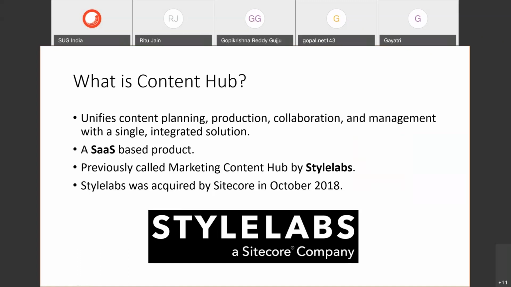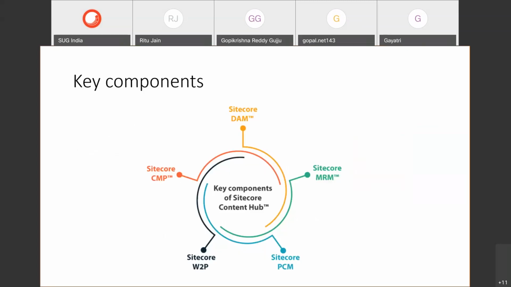And what are all the main components? The main components are five. The first is DAM, which is digital asset management. Whenever we talk about Content Hub, the first thing that comes to mind is that it is a DAM. Obviously it is a DAM, digital asset management, but it is much more than that, as we see that a lot of other components are also involved. DAM is a central piece, and asset is the central entity, and it allows for managing, curation, and distribution of assets. And MRM is next, marketing resource management, which mainly helps marketers and marketing teams to manage projects, budgets, and resources.